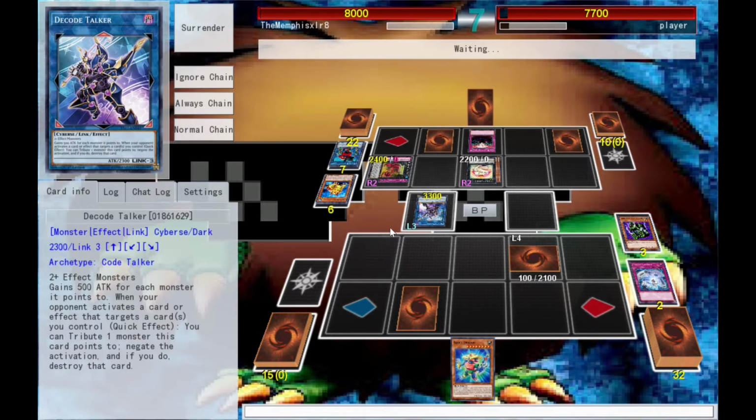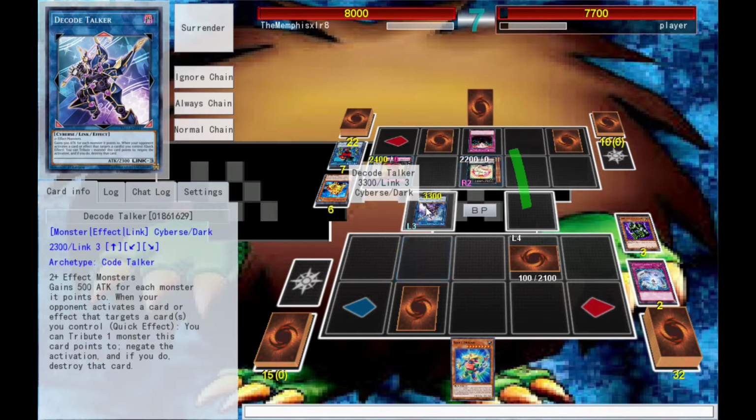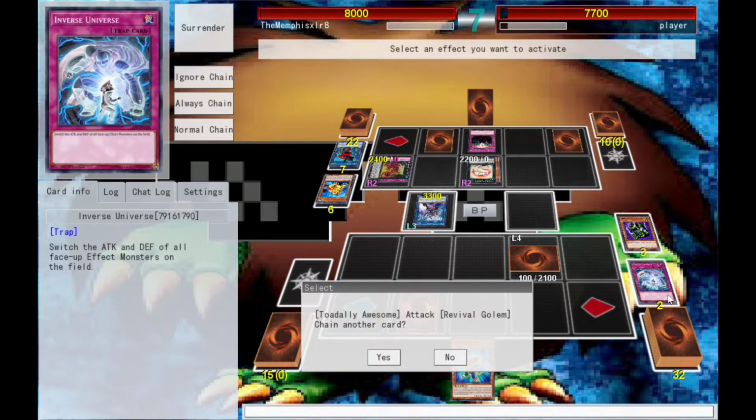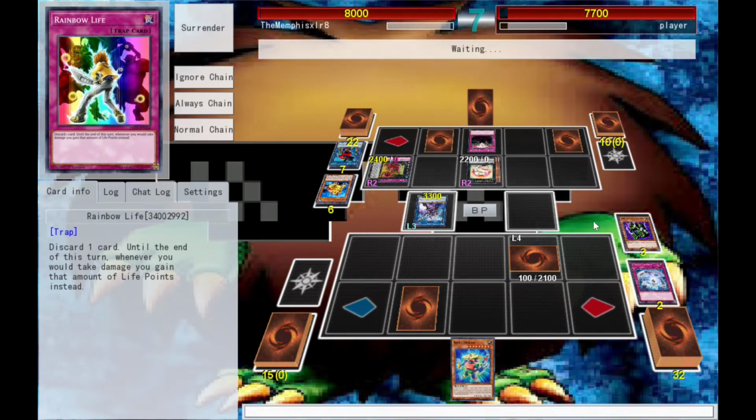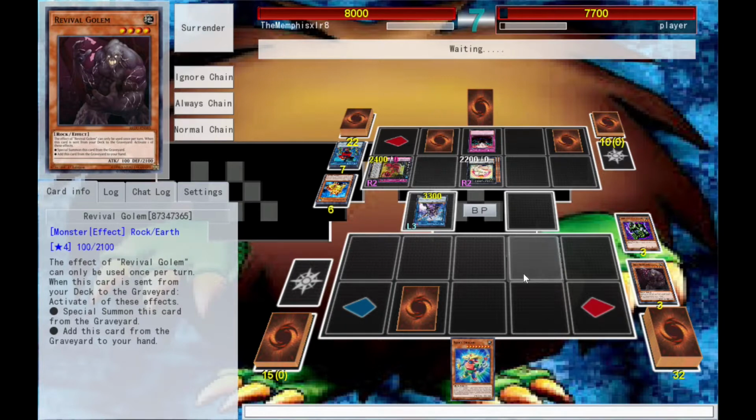Alright, we're back. Yeah, I think we've lost. He's got the Code Talker, he's got the Awesome, he forced me to play Inverse early. I didn't want to do it, but I had no choice but to do it. And he's going to kill my Golem, and I'm going to take some damage, so...